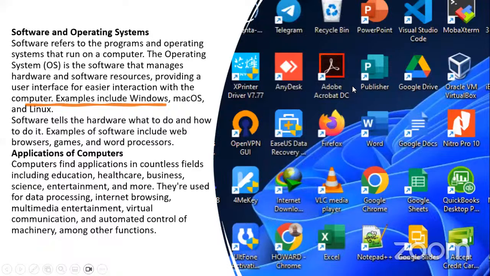So you start with the operating system. Now, without the operating system itself, the hardware itself is dormant as well. It's useless. You cannot use it without the Windows operating system, without the Mac OS, without the Linux, whichever one you want to use. You see how these things work together, hand in hand. Okay, one cannot do without the other. They work together. The hardware cannot operate itself without the operating system.